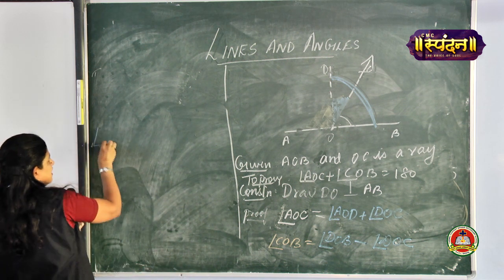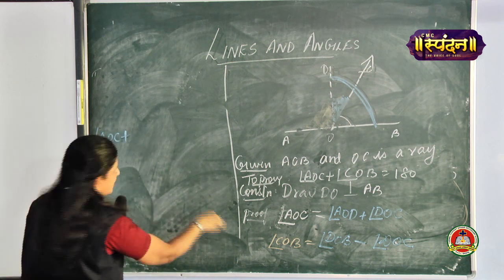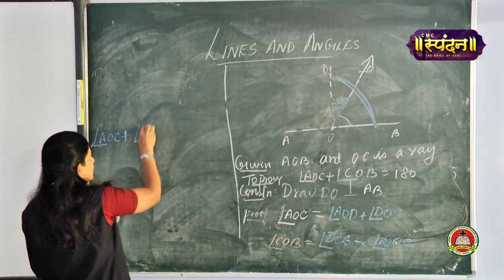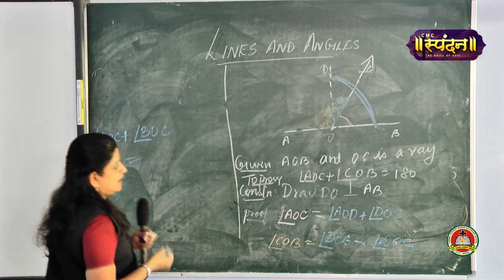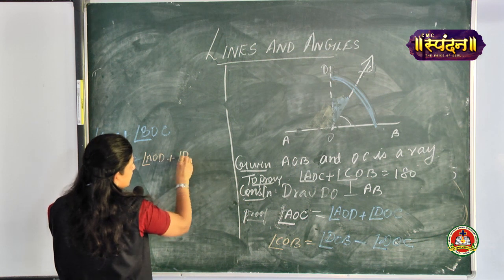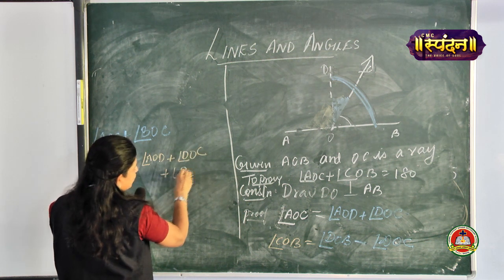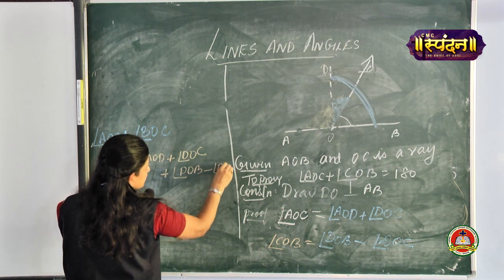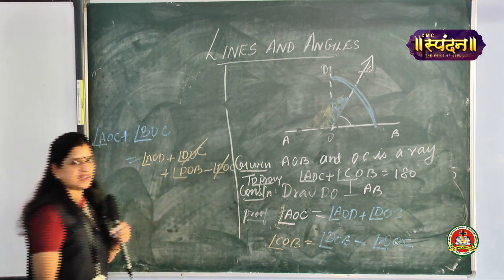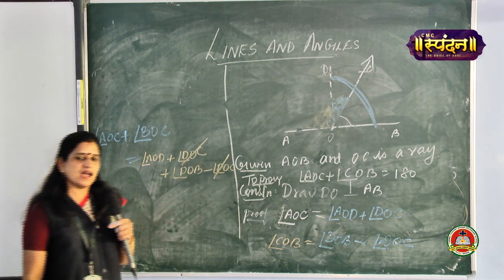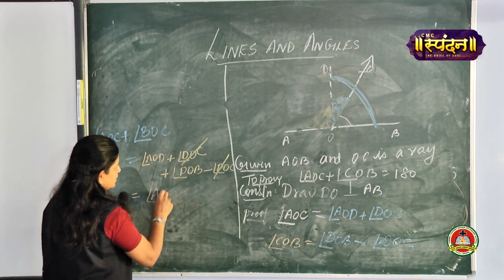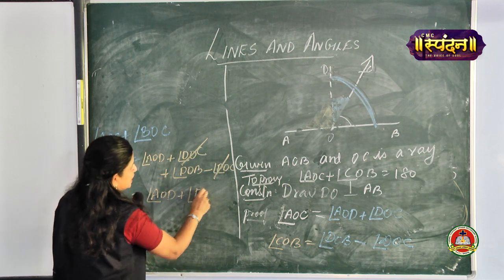We need the angle AOC plus angle BOC, because only these two angles we have to prove to be 180 degree. So we will be adding the left hand side and adding the right hand side. Angle AOD plus angle DOC plus angle DOB minus angle DOC. If you observe over here, plus angle DOC and minus angle DOC get cancelled. So what am I getting? Angle AOD plus angle DOB.